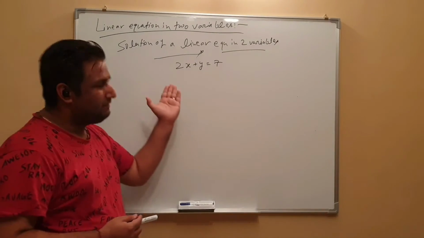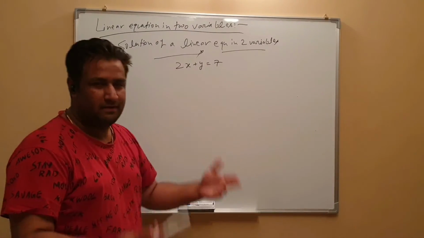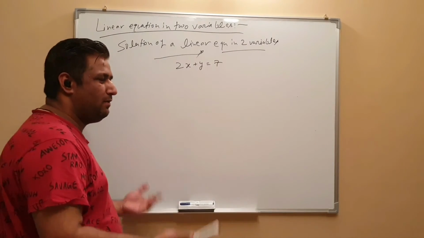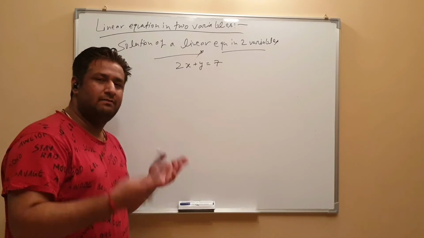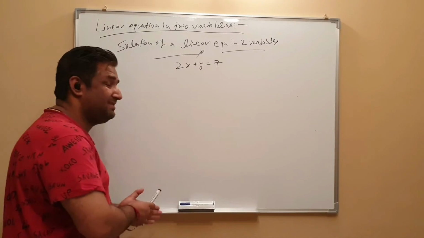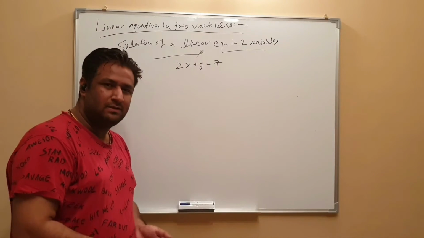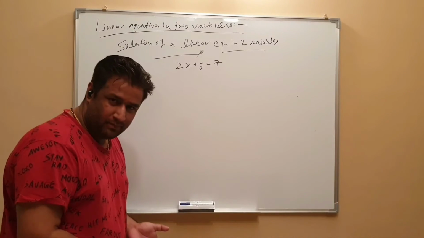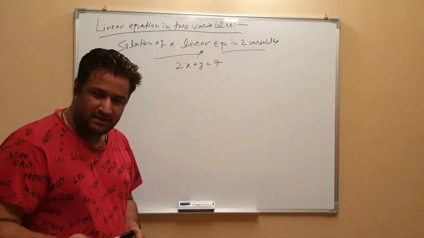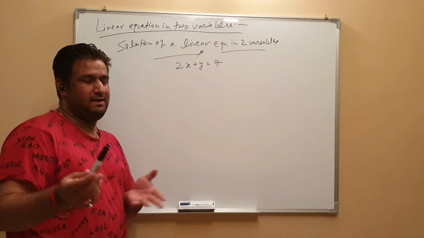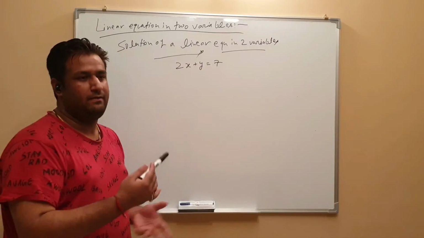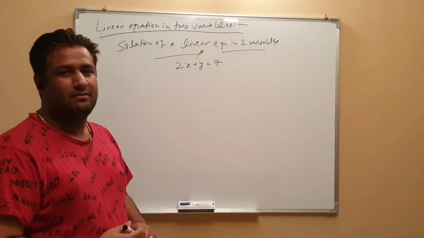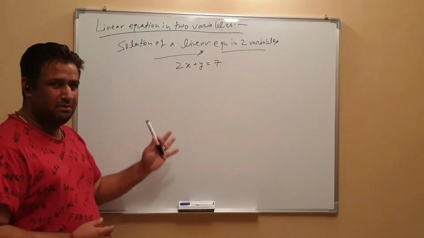If you take any value of x, you can get a different value of y, or if you take any value of y, you can get a different value of x. So what I want to say here is that there will not be a fixed solution for this, there will be multiple solutions of this linear equation. So basically we have to find multiple values of x and y. They may ask you to find 3, 4, 5 or 10 values. Generally we'll try to find 4 solutions for this given linear equation.